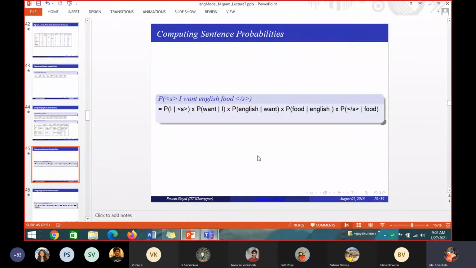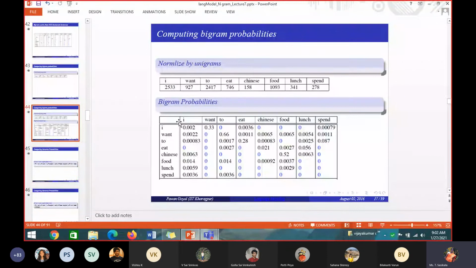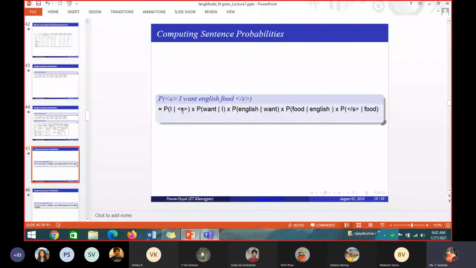So all these bigram probabilities you have to take from the table. What is the probability of I given S? From here you see, start of the sentence is not here, so they have not given it. Start of the sentence, end of the sentence, and many words are all missing here. They have taken only the samples. So I given S, that is start of the sentence followed by I.